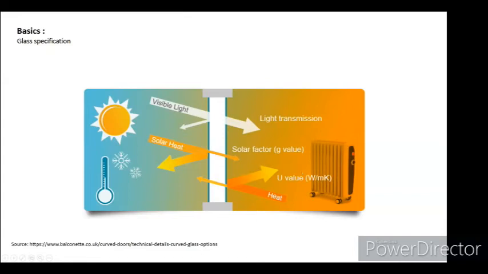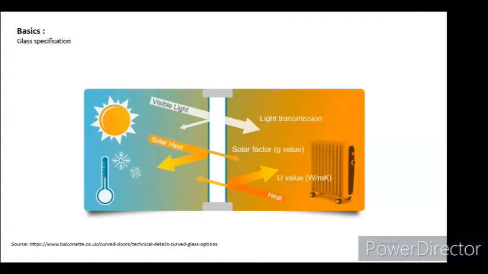Whereas in the Netherlands, U value plays a huge factor because you have harsh and cold winters, down to -10. In those situations, it's not advisable to keep the sunlight out, but to allow more radiation inside and minimize the heat loss by putting in a lot of triple glazing or something like that. And one last factor you also need to check is light transmission, because lowering these values is going to lower your light transmission as well. So see where the balance is and try to read these things.